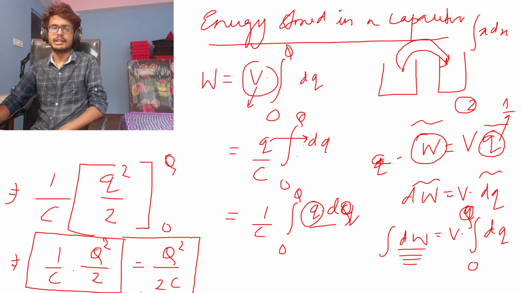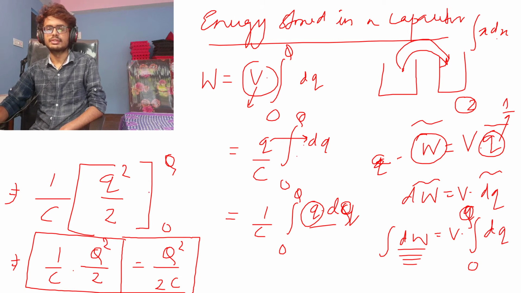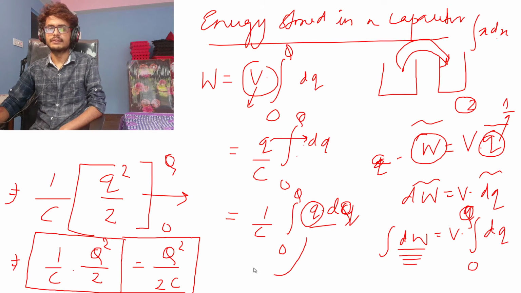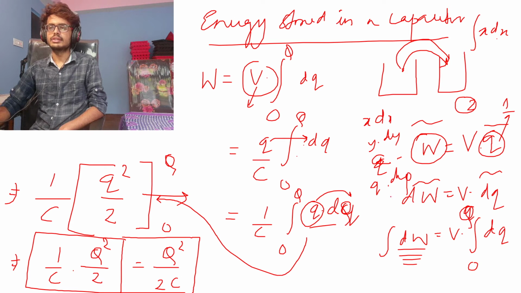So forget about this, just think about integration. This is just the first step of integration, which you'll not do because you don't have maths, right? So just remember you're integrating q dq. Integration of anything like x dx or y dy, whatever it is, q dq is always q squared by 2 or x squared by 2. So it is q squared by 2 here because we have q here.